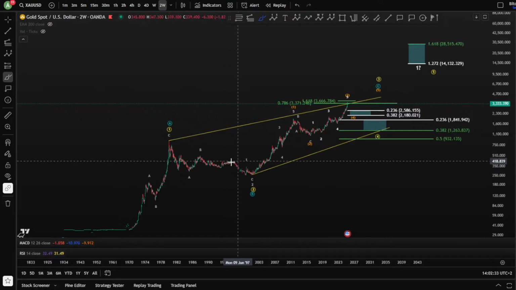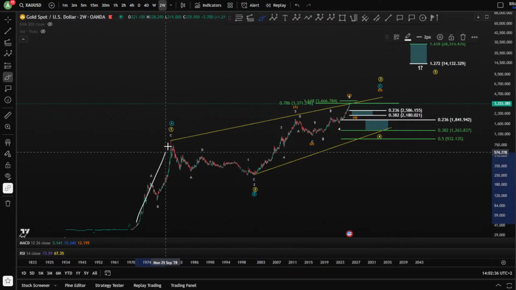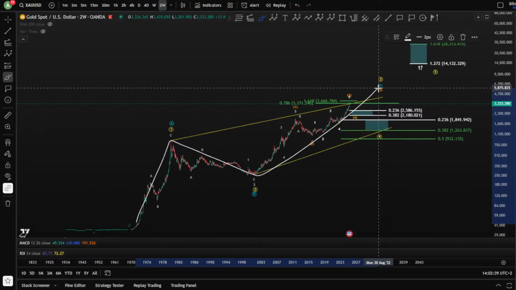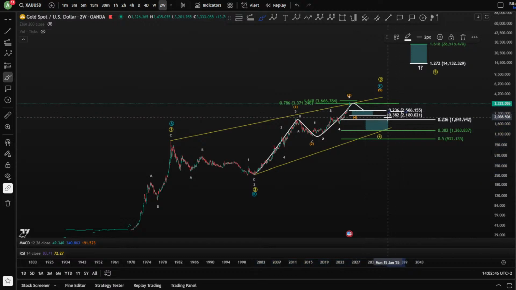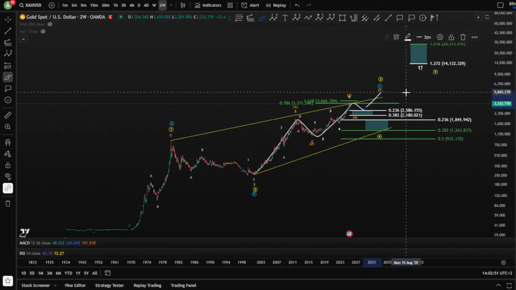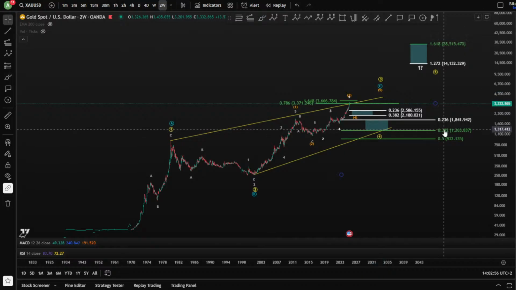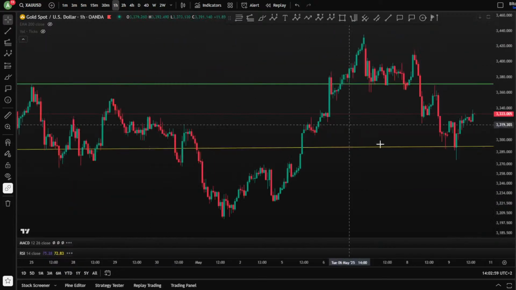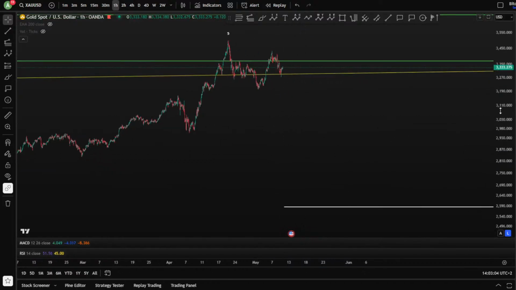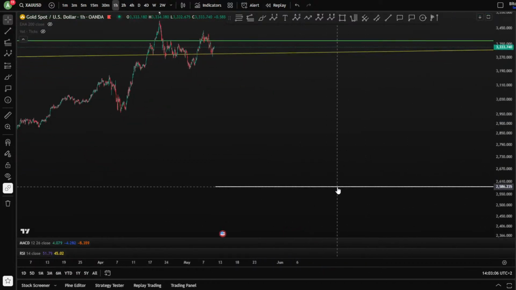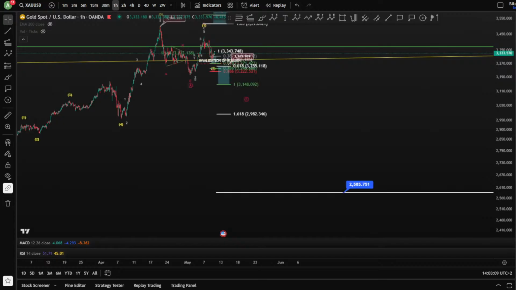So therefore, it is the highest right now, which is potentially A, B, and a C toward the upside. Your wave C is an impulse 1, 2, 3, 4 hitting the blue box for a wave 4, minimum target 0.23, moving for a wave 5 in an impulse, all-time high 5,000K, 5K for the gold. Nice. So currently, I'm still looking for this correction towards the 2,500. This one, this white line.